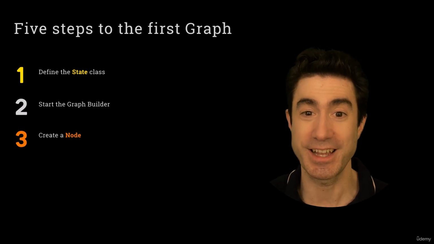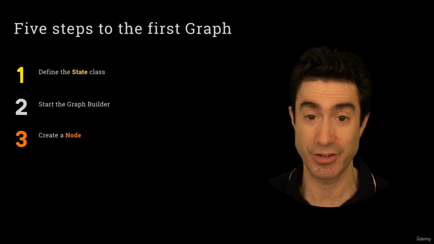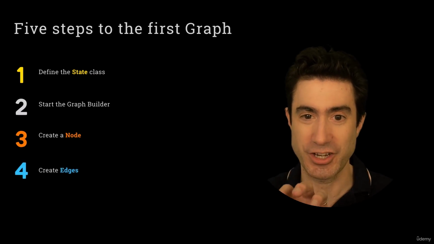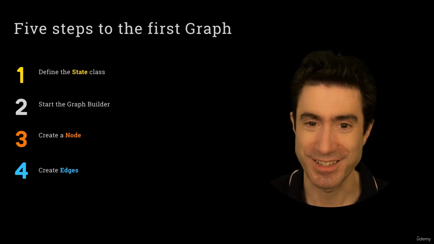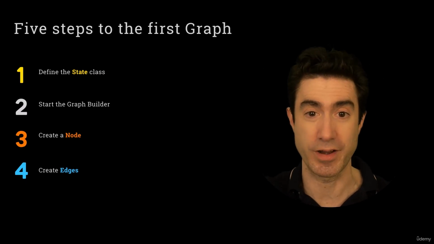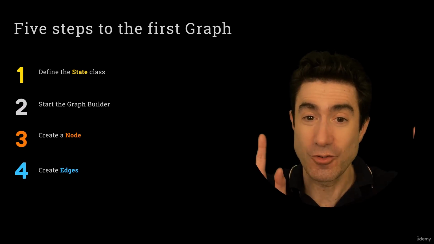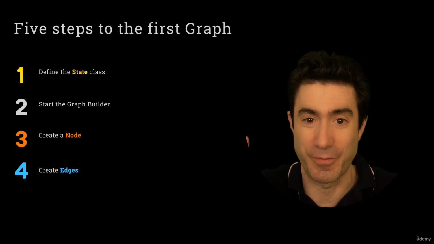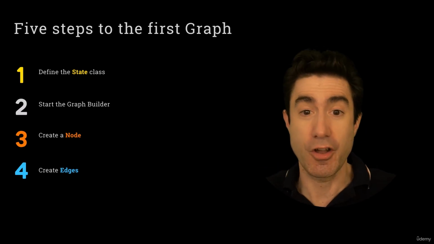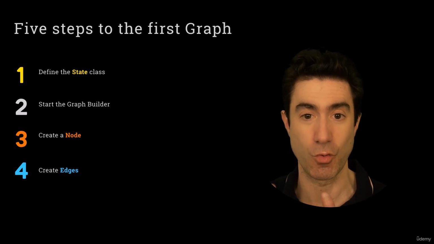We then create a node, which is one of these functions that's going to represent some operation that we want to happen as part of this LangGraph. And then we create some edges. And we may repeat steps 3 and 4. We may create lots of nodes and lots of edges to lay out the story of what we want our agent system to do. And this is all before it's actually live, before it's doing anything. It's not like we create nodes and edges and then things happen. No, we create nodes and edges as part of defining the graph, describing what this will do.